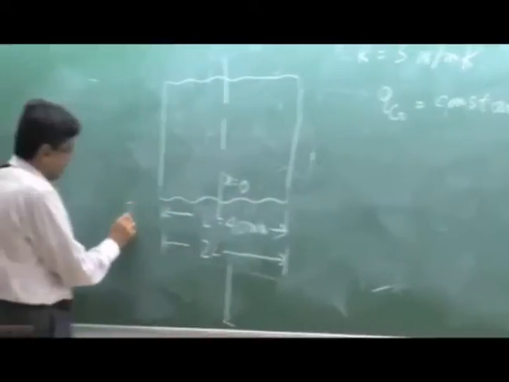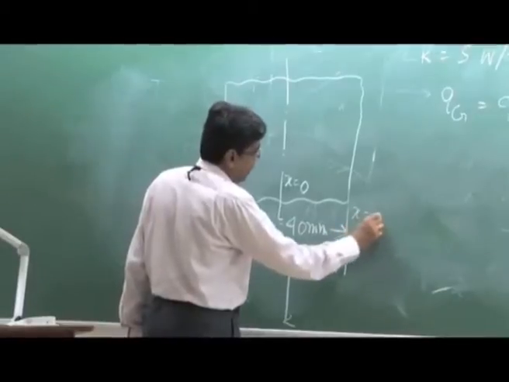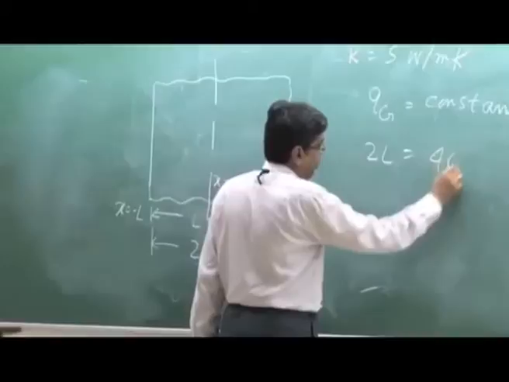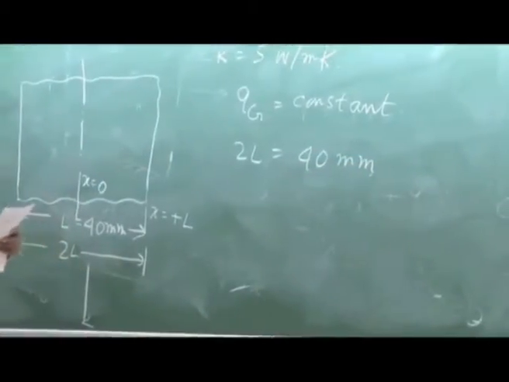That means x is equal to minus L and x is equal to plus L. That means 2L is equal to 40 millimeter. So they have prescribed that. That's why they are telling that convection,